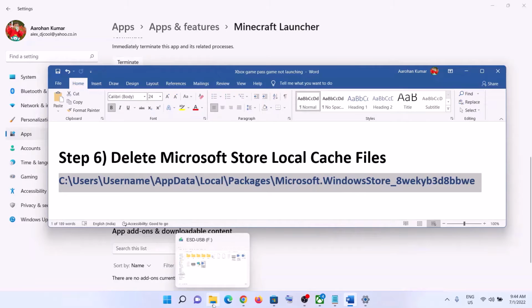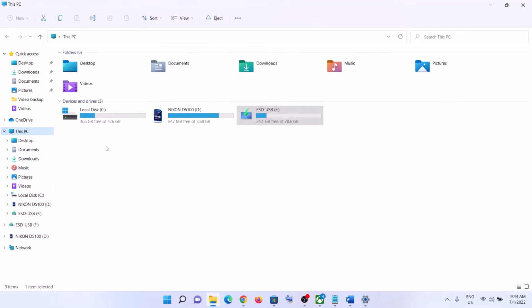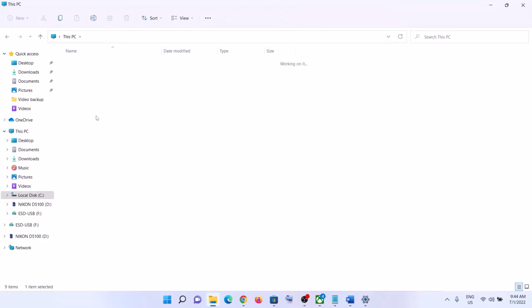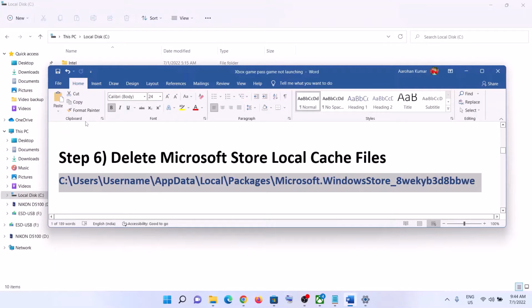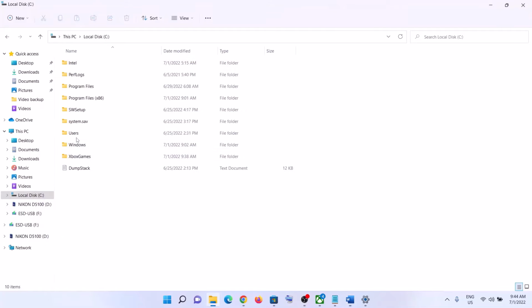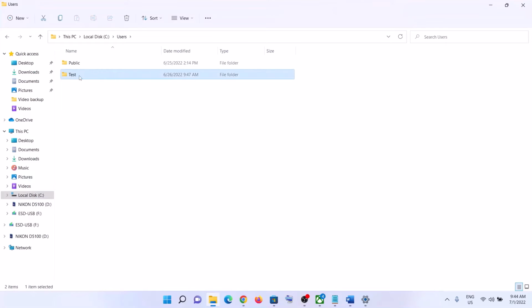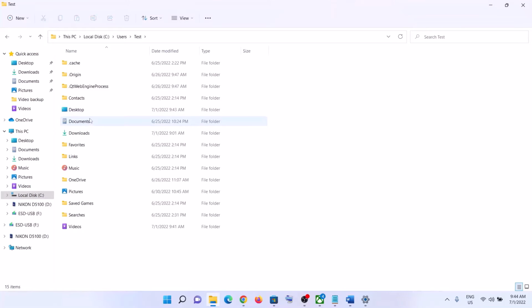So open File Explorer on your computer, then go to this PC, open C drive. Now open users folder and then open your username folder. Now open AppData folder. Now if you don't see the AppData over here, in that case in Windows 10, somewhere